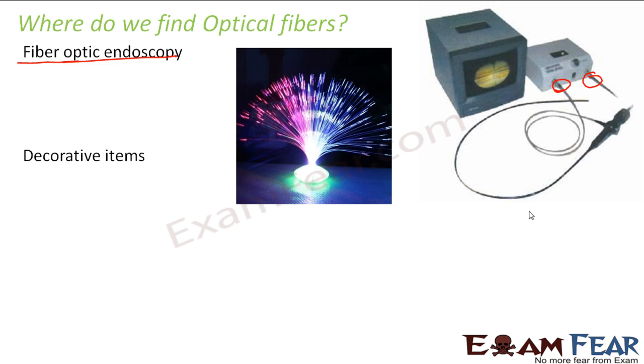We see optical fibers in many decorative items. I think many of you would have this optical fiber in your home. It looks like a flower vase, but there are no different colors in it; they are just small strips of optical fibers, mostly made up of plastics. When you connect it to the electric board, it keeps revolving with different colors coming out, and it looks really beautiful. So these optical fibers are often used at homes for the purpose of decoration. Here also, the different lights come out because of the phenomenon of total internal reflection.